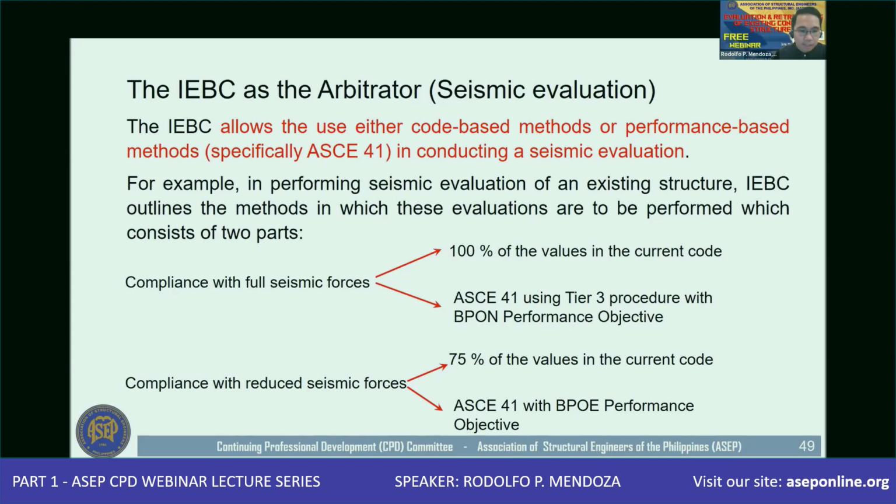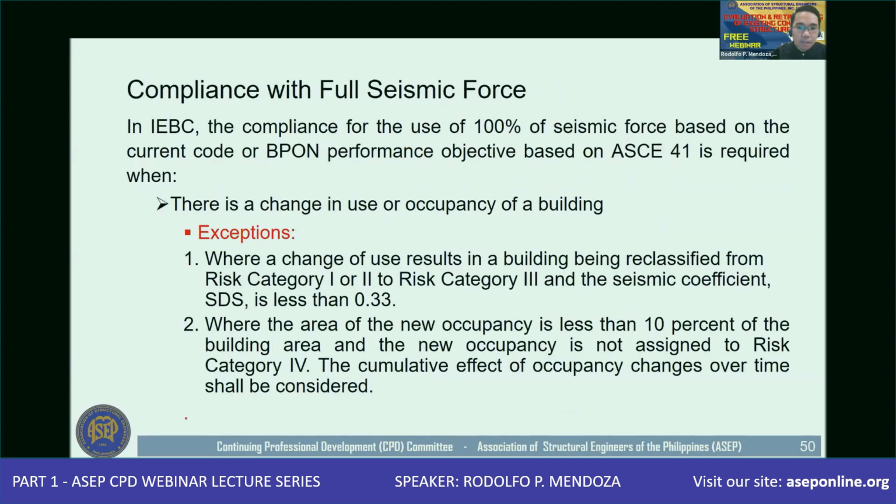Similarly, if you are using a performance-based philosophy, there is certain work that would require you to do the evaluation using a BPOM performance objective, and there is certain work that would allow you to use a BPOE performance objective. So